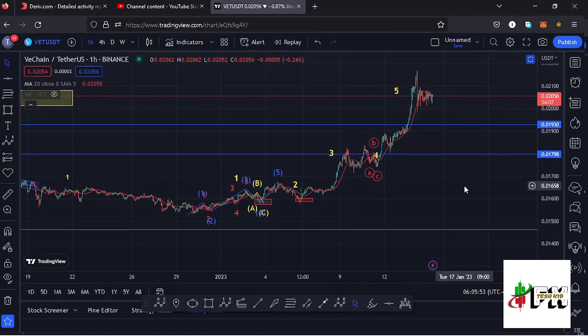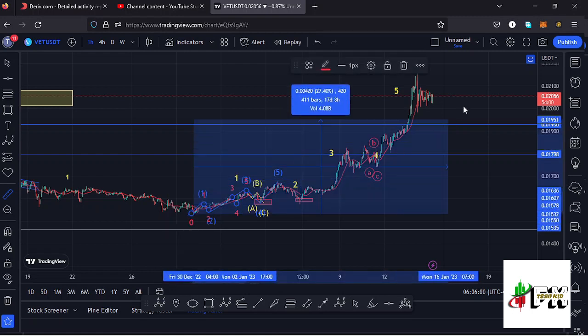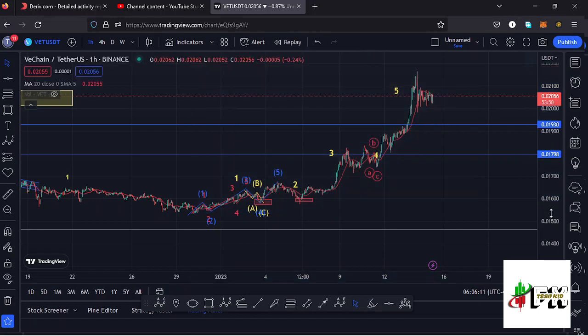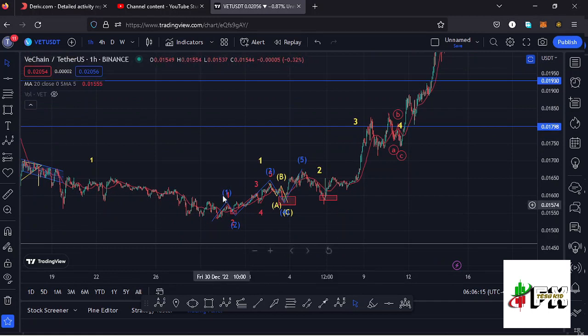And if I start the video by first giving you a measure from this lower low that we made at around the $0.015 mark to the high that we made over here on the charts, you can see that Vechain is up by 41.49%, which is a very nice bounce to the upside, which has been obeying the Elliott wave structures. And on this chart you can see that I have this Elliott wave structure right here in blue,